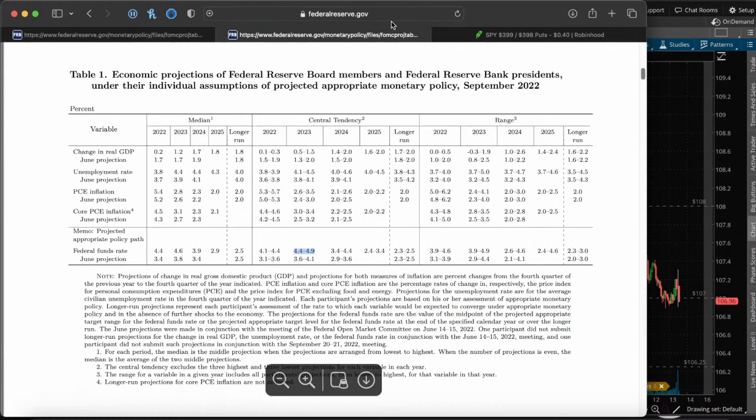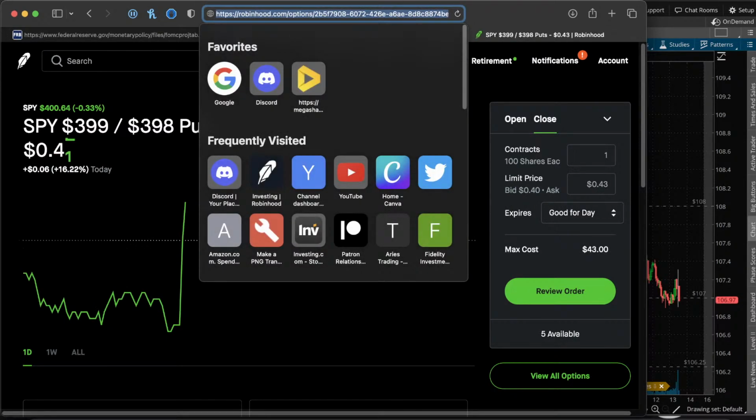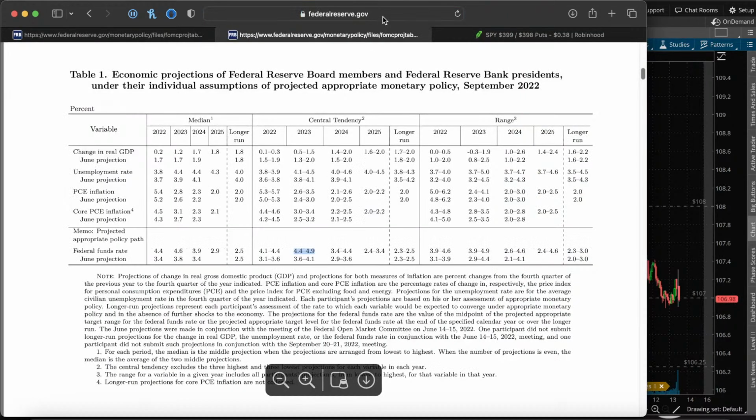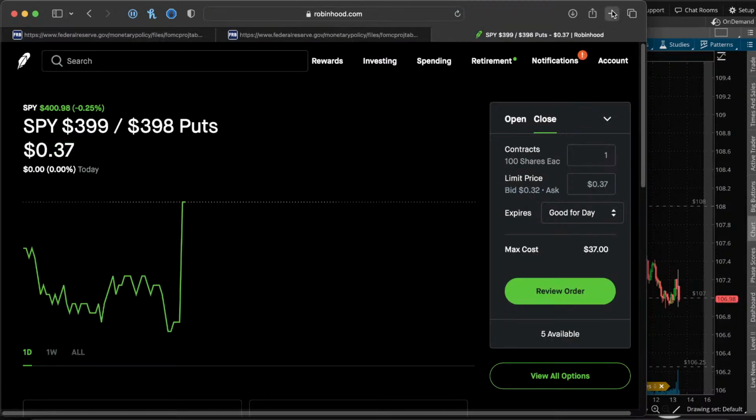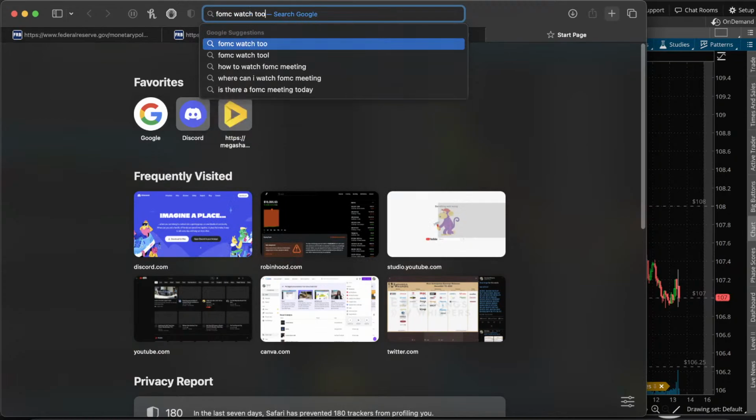If we look at the FOMC watch tool, we can actually look at the longer term expectations set by the banks. So, FOMC watch tool,